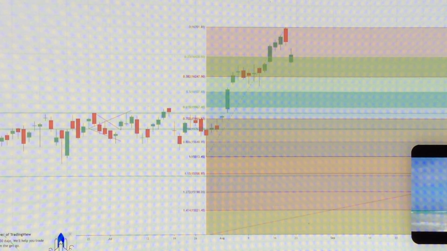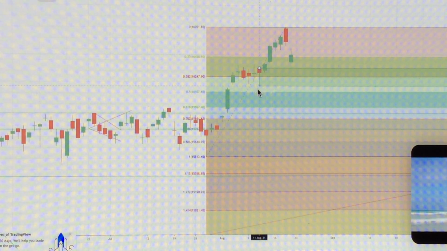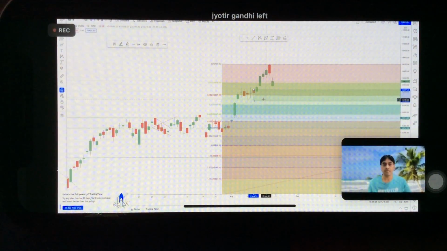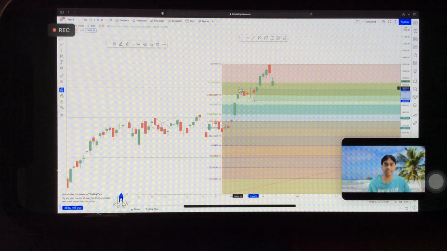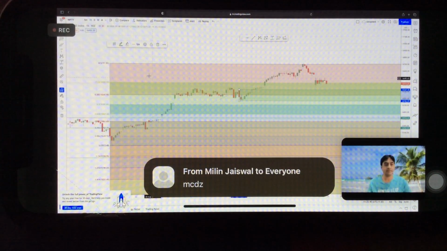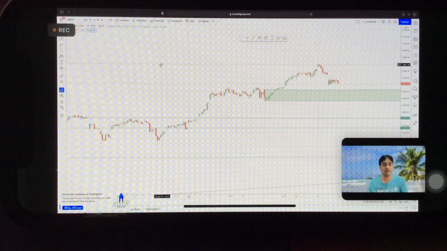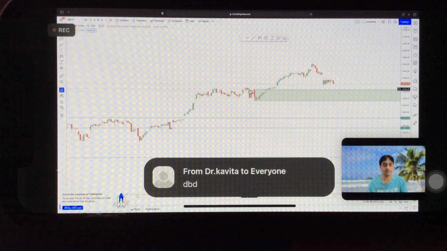Okay, so what I will do, I will just mark this zone. Right? I'll just mark this zone. We have here a decisive candle. If I go one time frame lower, I might get a better zone. Right? I have drawn that zone. Once I find that the job of Fibonacci is done, I will delete it. Okay.